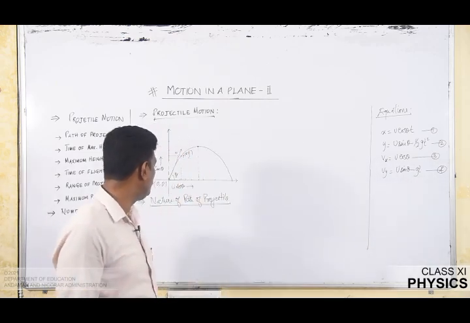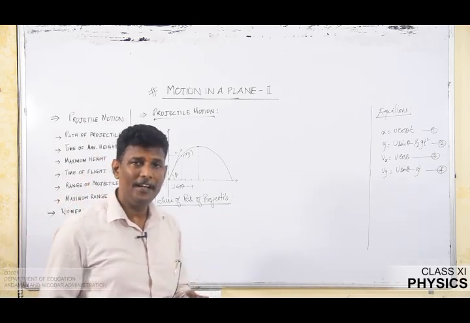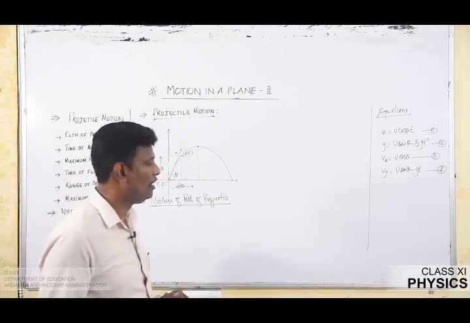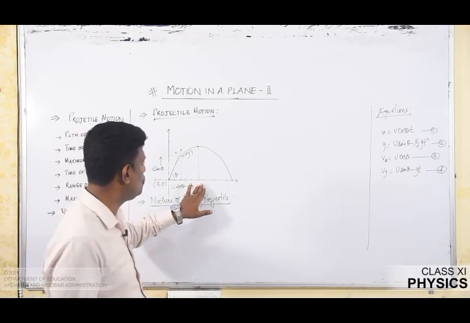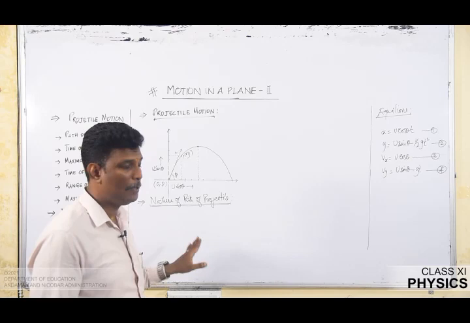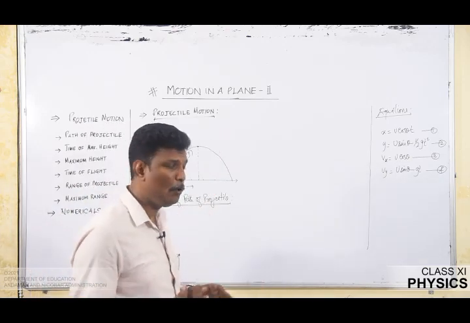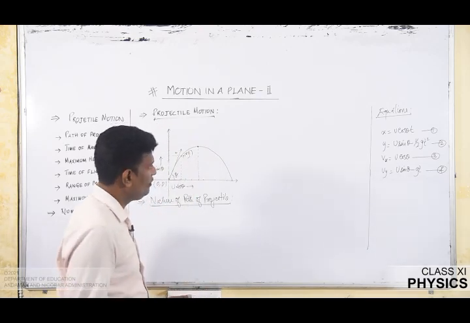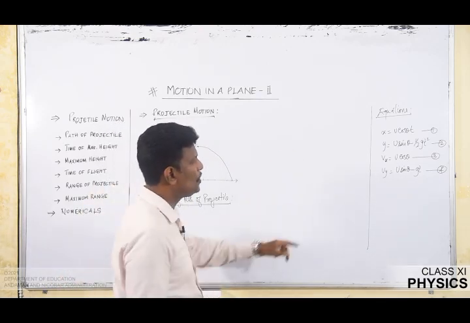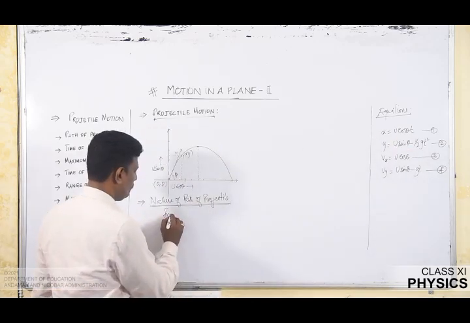Now we need to find the nature of path of projectile. What will be the nature of the projectile? That means graphically how we can represent. We have assumed that the graph is like that, but we have to analyze what will be the direction of the projectile. From the equation 1, that is x is equal to u cos theta t,